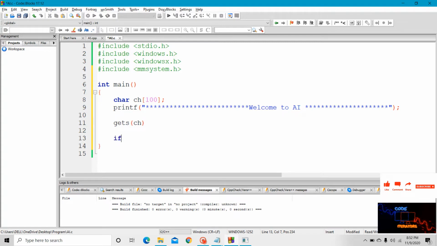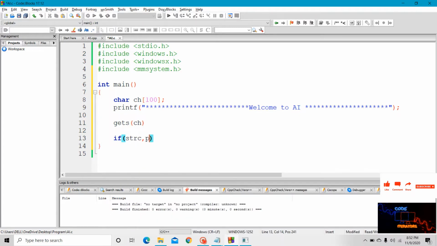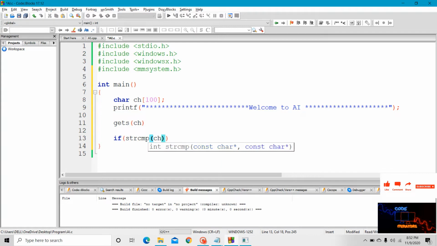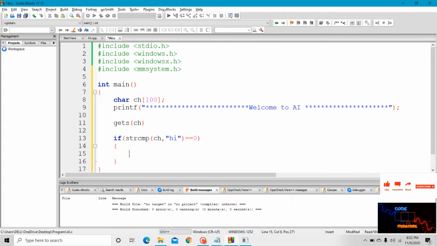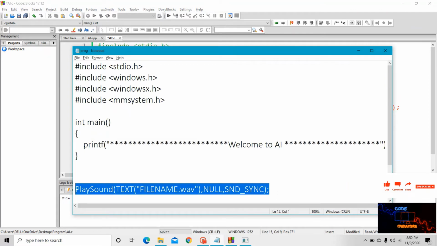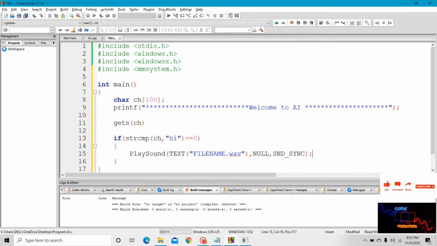I will write if strcmp(ch, "hi"). Then how to play sound in C language? There is one function named PlaySound. I will just copy this function and paste it.